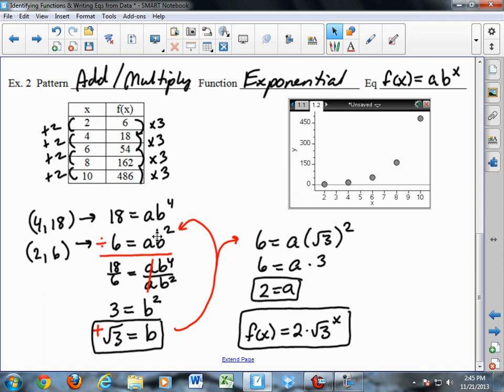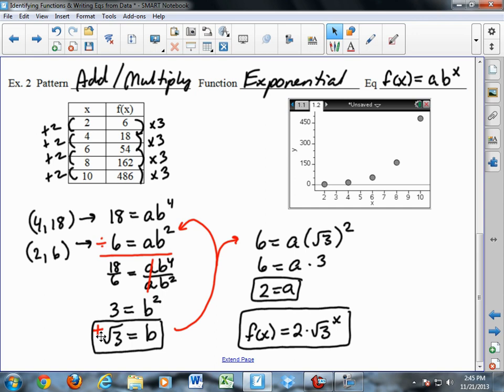So when I divide, 18 divided by 6 gives me 3. ab to the 4th divided by ab squared. The a's cancel out. I subtract the exponents, and I get 3 equals b squared, or the square root of 3 equals b. Notice I only use the positive square root because you never have a negative base in an exponential